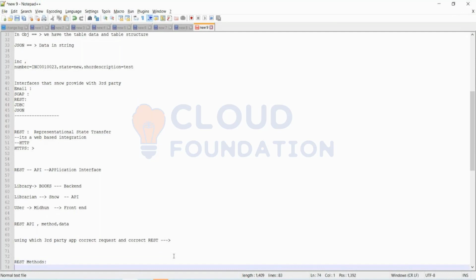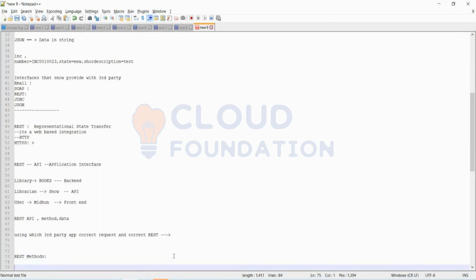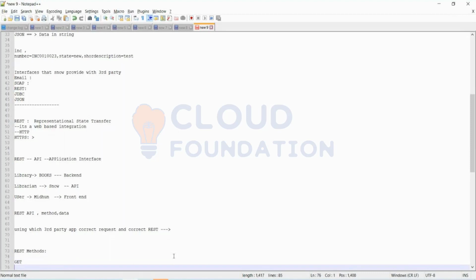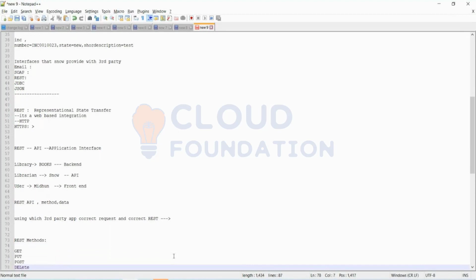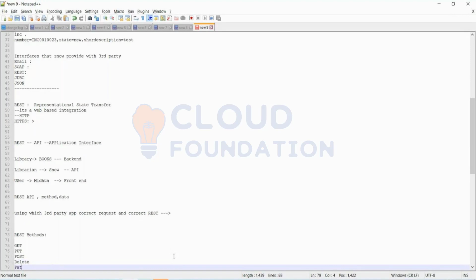In REST, there are several methods. There are five REST methods: get, put, post, delete, and patch. Get means it is going to get data from the resource.